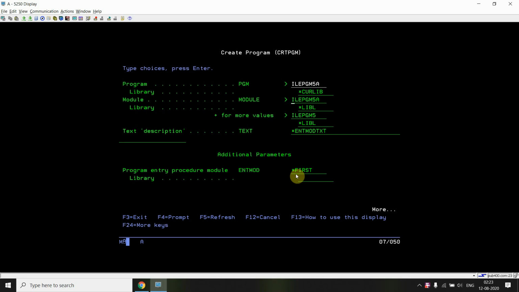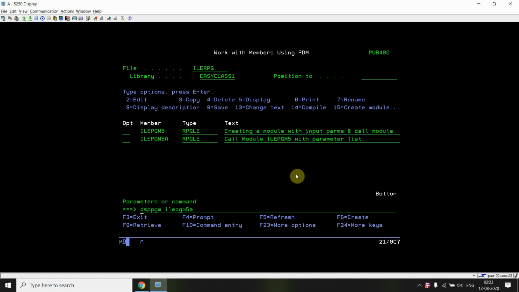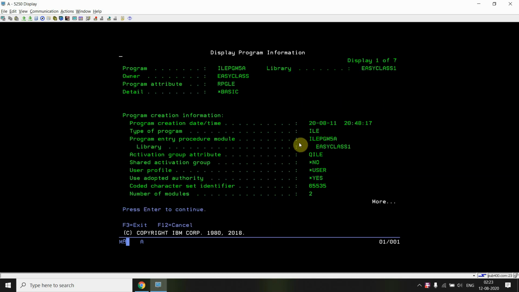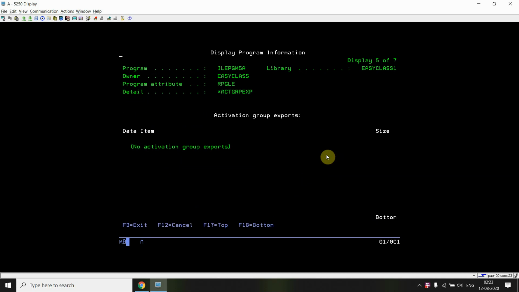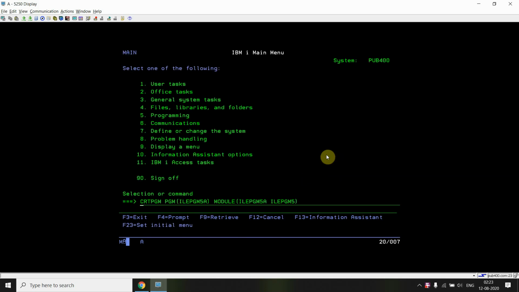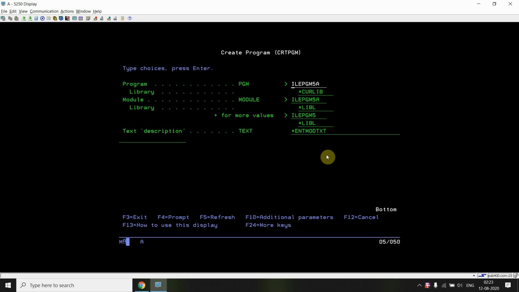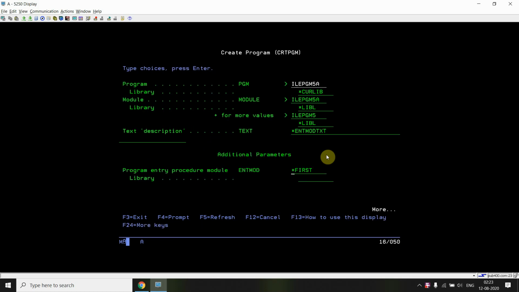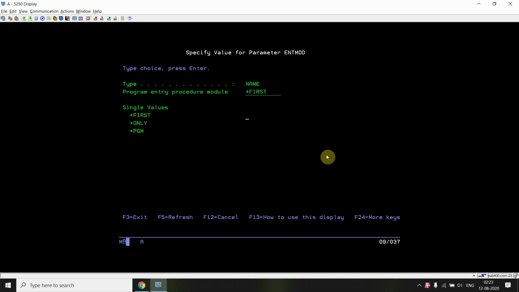So *FIRST is ILE PGM 5A. That's why we are seeing the program entry procedure module as ILE PGM 5A here, because by default that is *FIRST, and we have provided *FIRST there. We can see other entries as well: *FIRST, *ONLY, or *PGM.